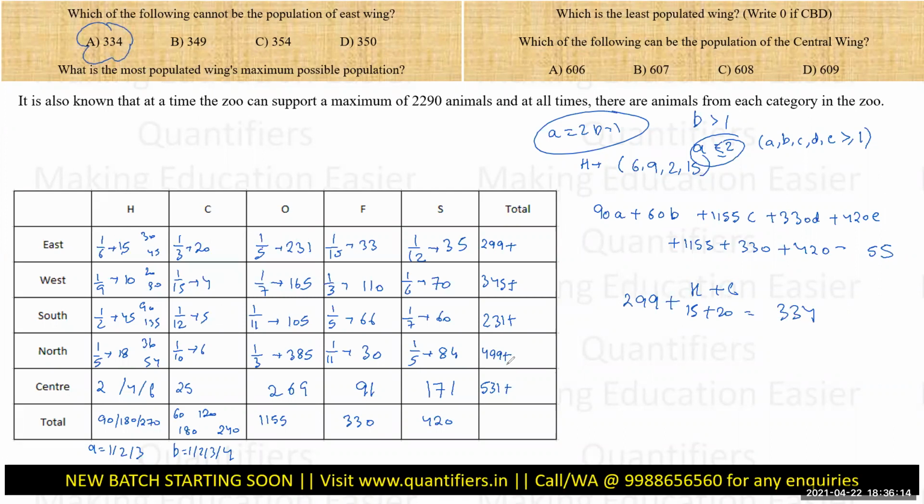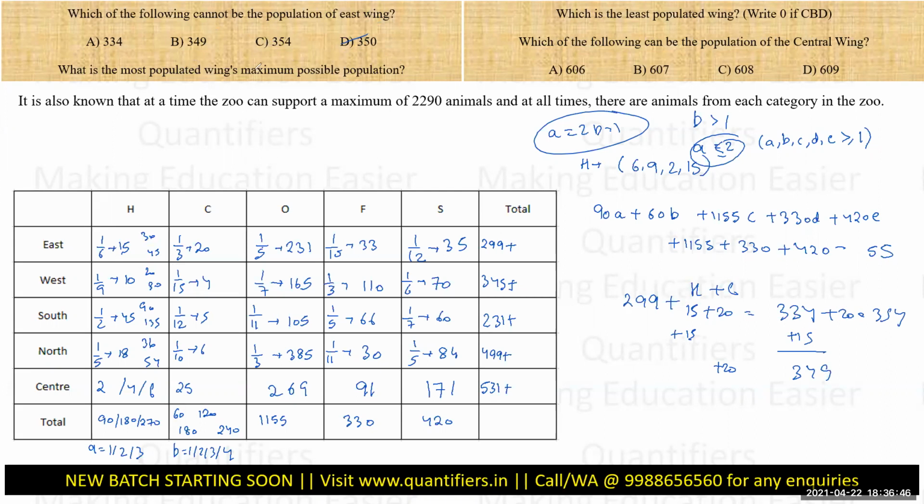It can exist. Now, if I'm increasing H by 2, taking the second value, that is 30, I will increase the total by 15, which will make the total 349. So it is also one of the possible values, right? Similarly, if I am increasing this by 20, I am increasing the total by 20. So this also makes 354. So this is also possible, which means 350 is definitely not possible, which is the required answer for this, right? A very straightforward question once you have arrived at this data.